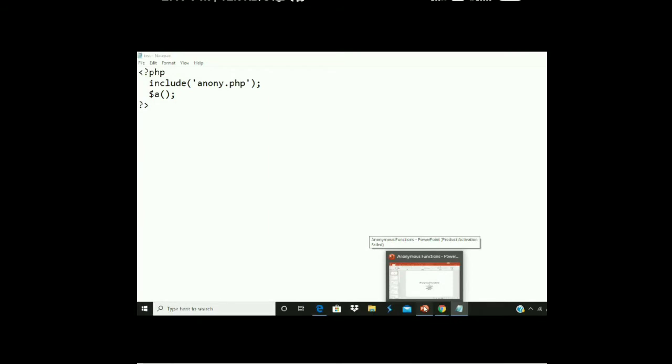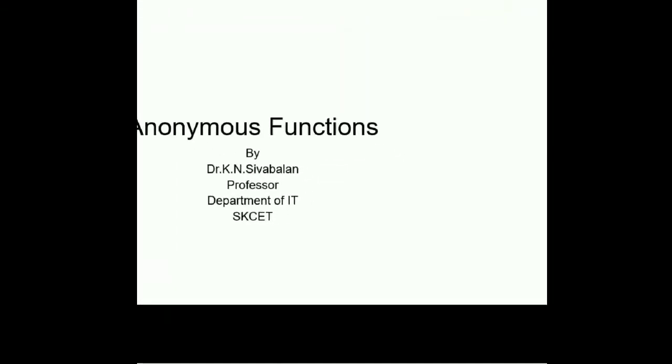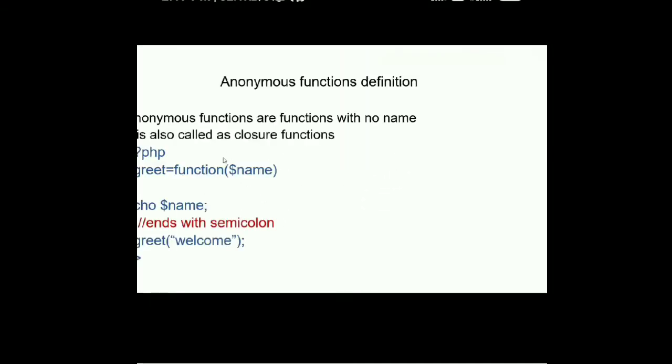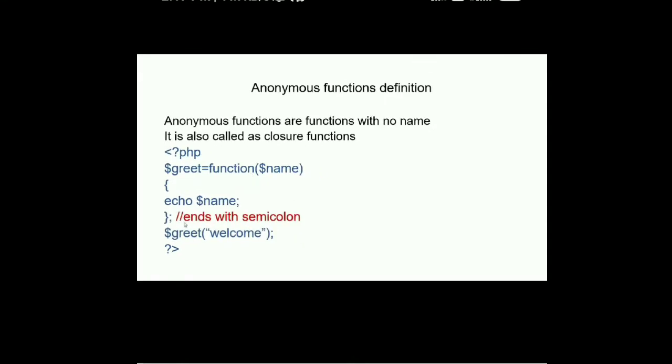Yes, sir. Okay. Now I think you are thorough with anonymous functions. So how to write anonymous functions? I'll step inside, step by step we'll go through. Now an anonymous function is also called a closure function here. I think this is related to the doubts of Mohandan. Mohandan, if you want to pass any parameter, you can write an anonymous function like this.